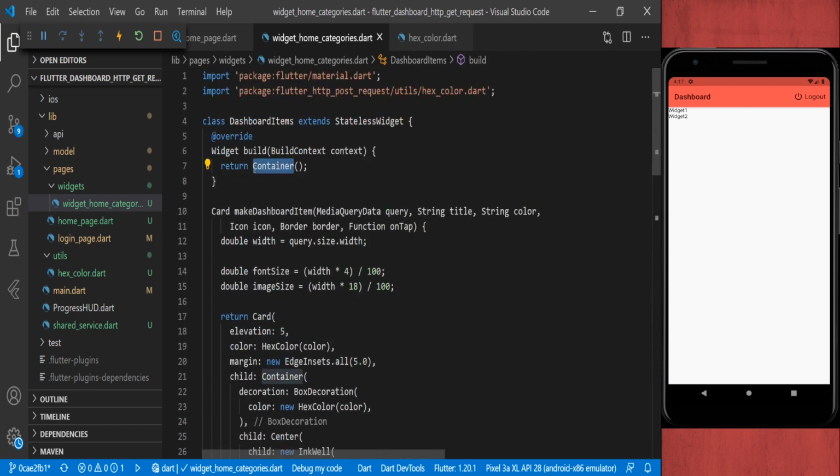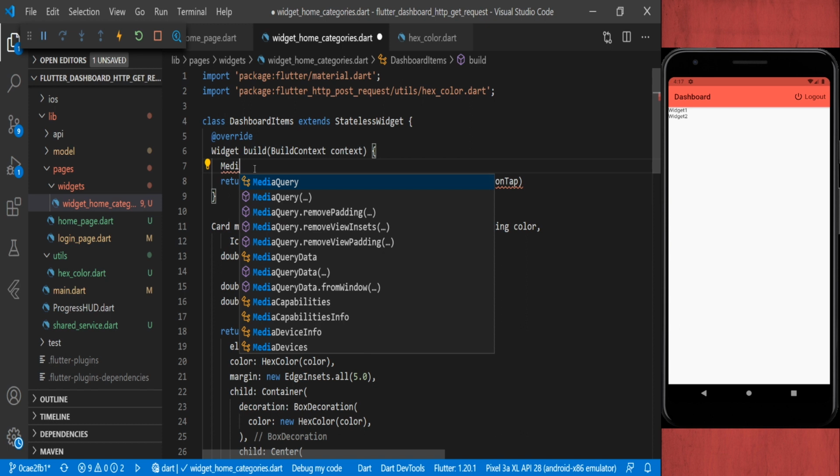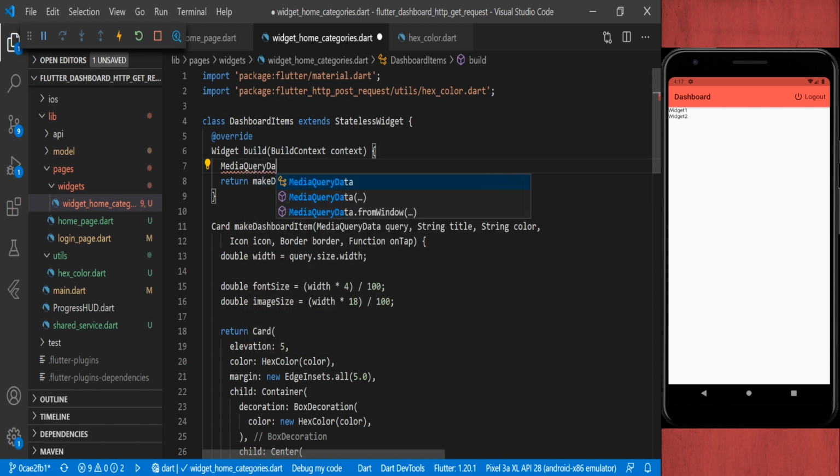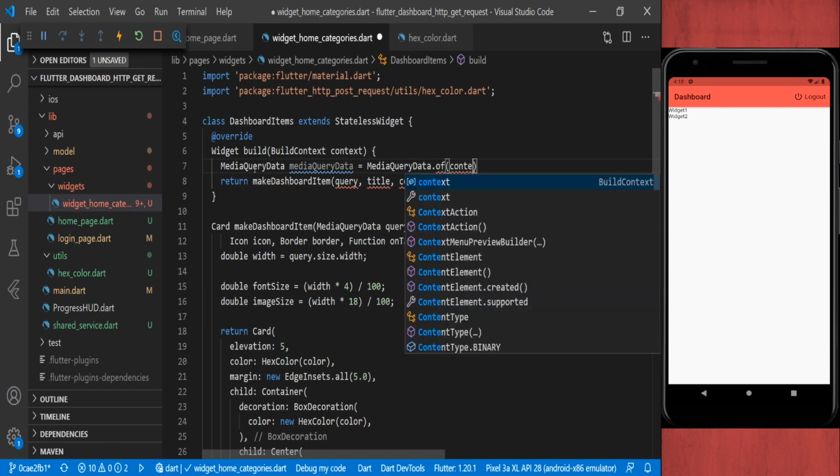Just to check that our function is working or not, we just consume that function, and here we will pass makeDashboardItem, and here we will pass mediaQueryData is equal to MediaQuery.of, and here we are passing that context,